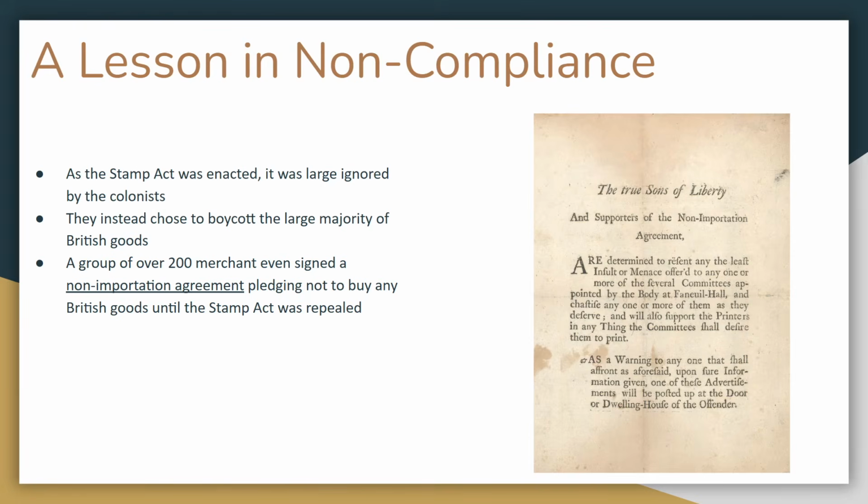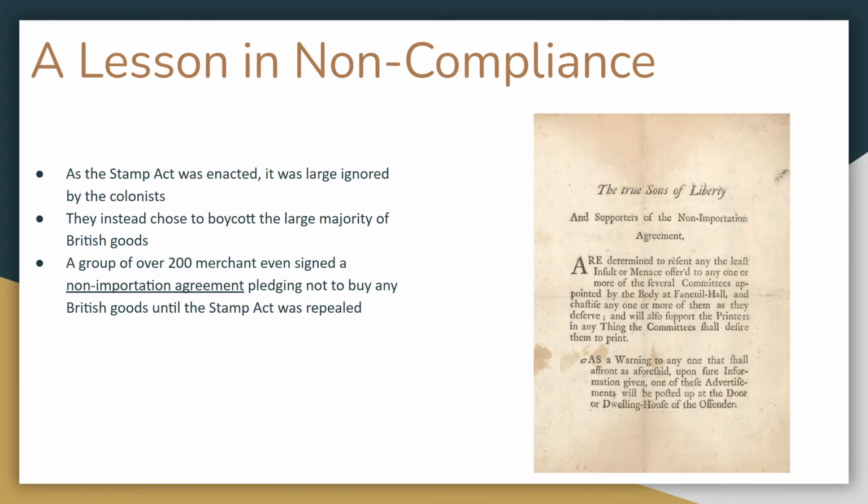France, while not thrilled with the British after the French and Indian War, they're happy to take their money. They were happy to go into British colonial ports and sell their goods. Same with the Spanish, same kind of idea, but who is going to come in very, very clutch for the colonists are going to be the Dutch. They are going to subvert the UK quite a bit, as we'll see moving forward.